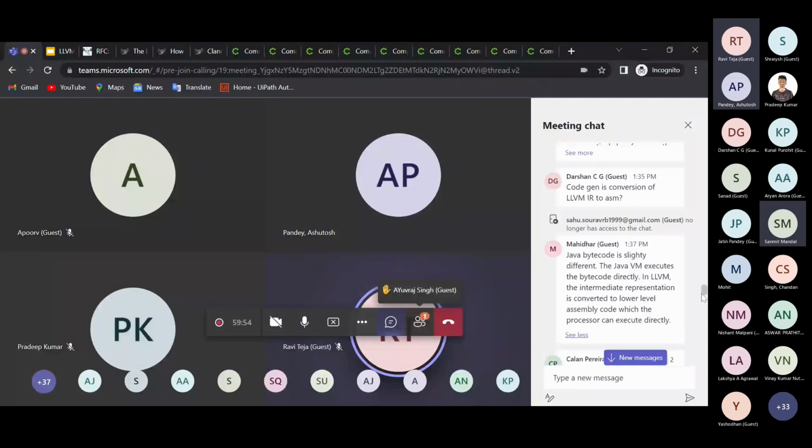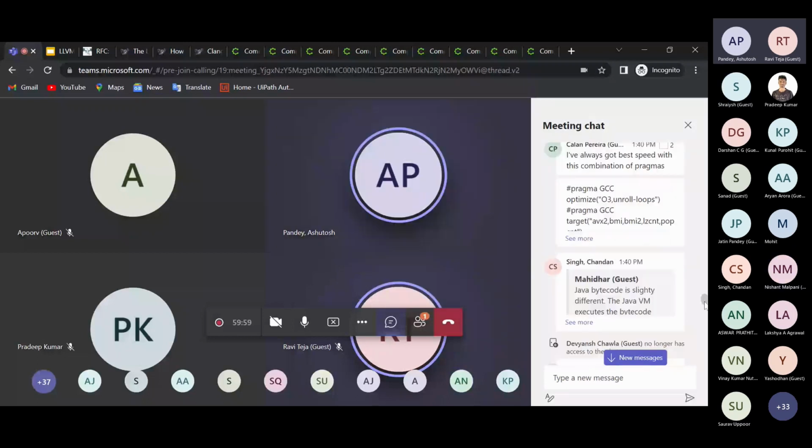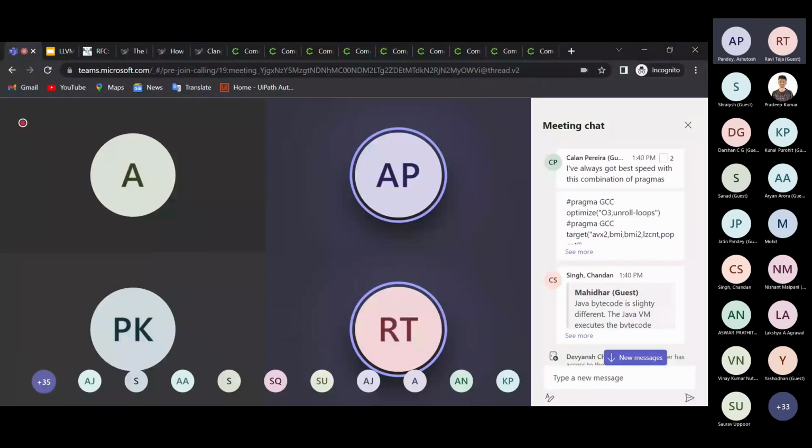I think one good question is how can someone who is stuck in tutorial hell for LLVM get started? I think this is a good question because LLVM's tutorials themselves can be kind of deceptive. The code base moves very fast, so sometimes examples don't work. I think Shreyas can give a good answer for how to get started.